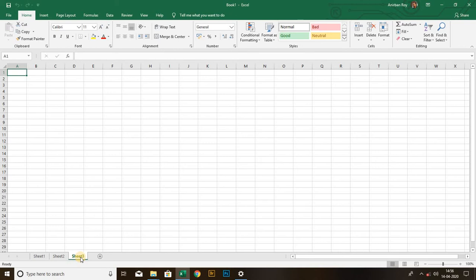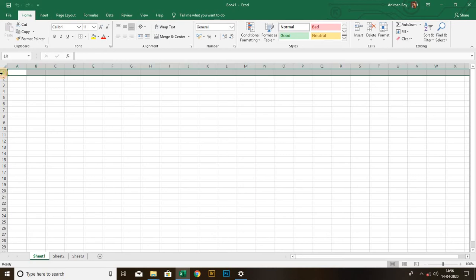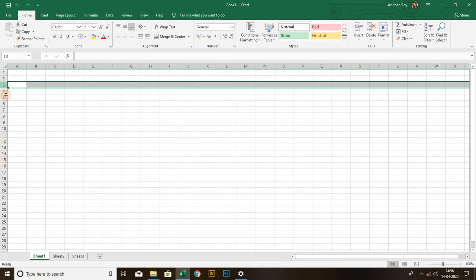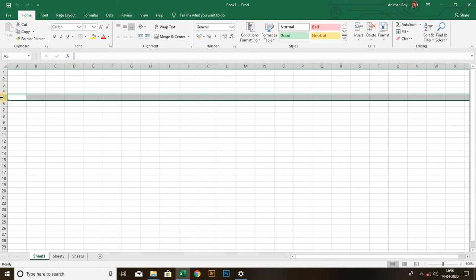Now you can see this worksheet is designed with rows and columns. The rows are the horizontal ones, that means 1, 2, 3, 4, 5, and so on.